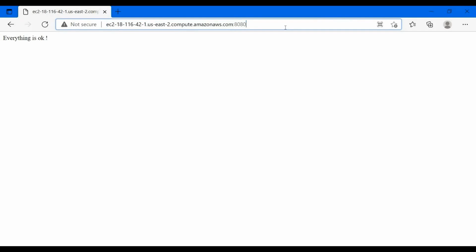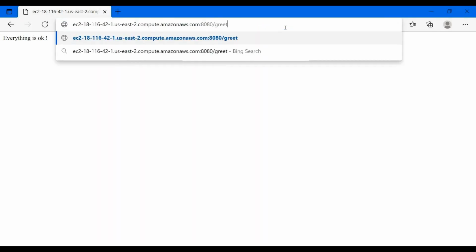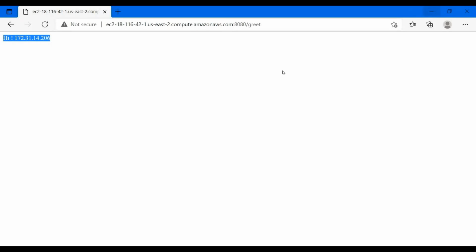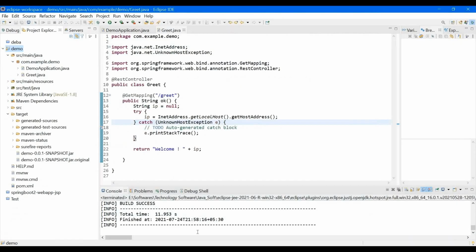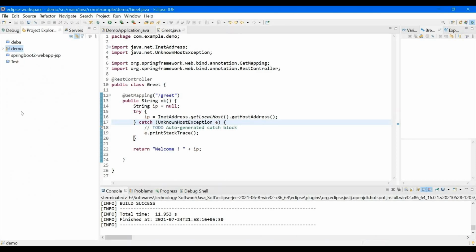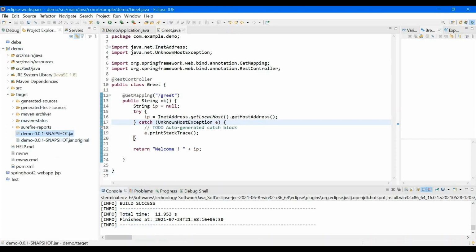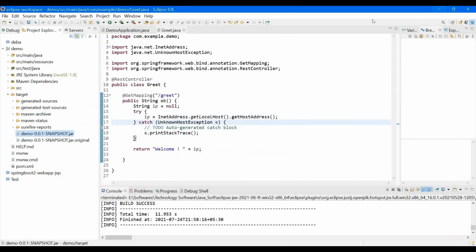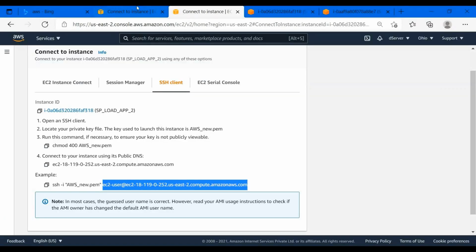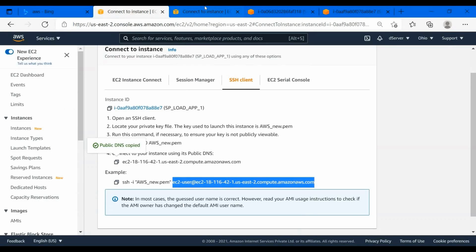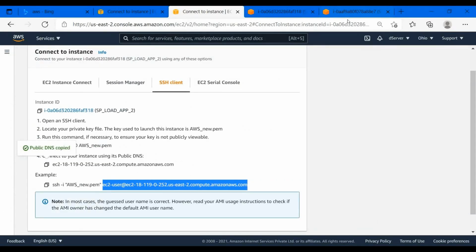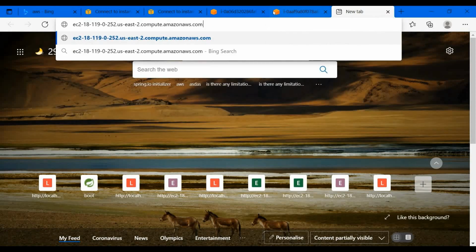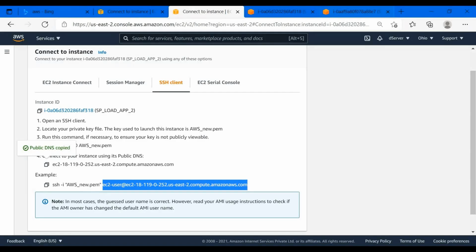So let's open a new tab. Yes, so this is one instance. While you are doing this, don't get confused with the two tabs like me.